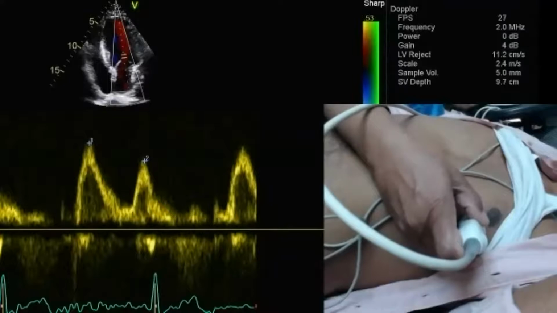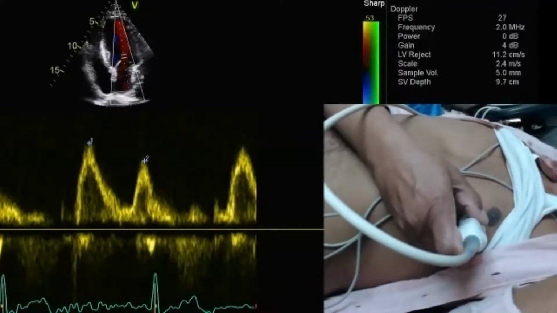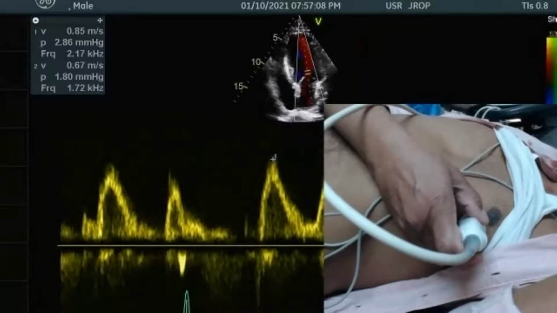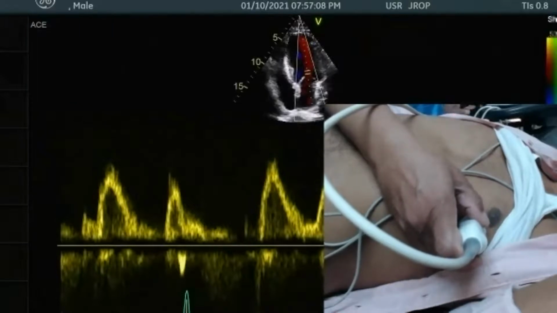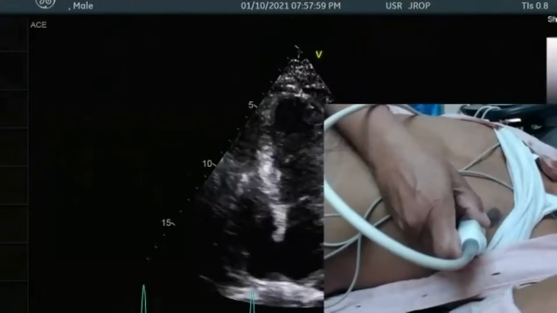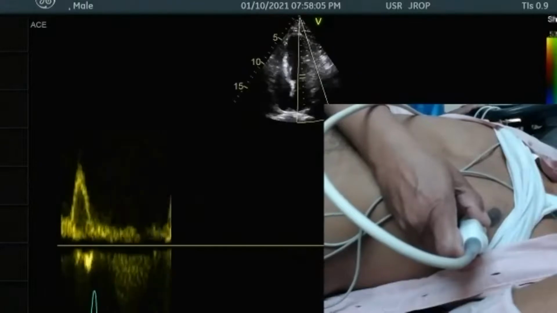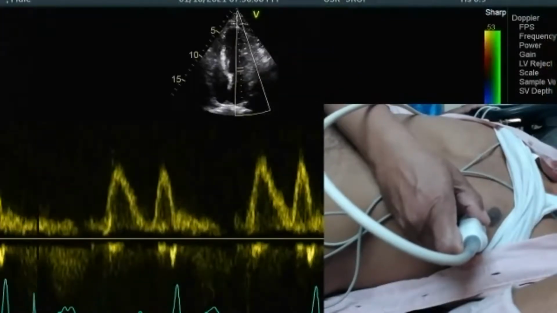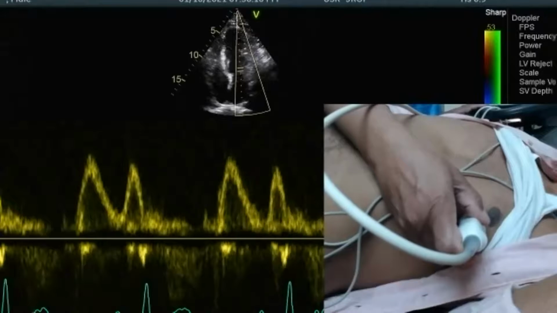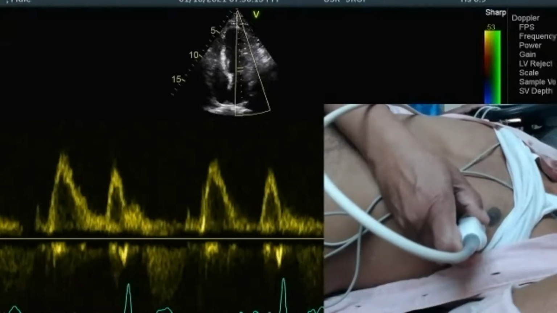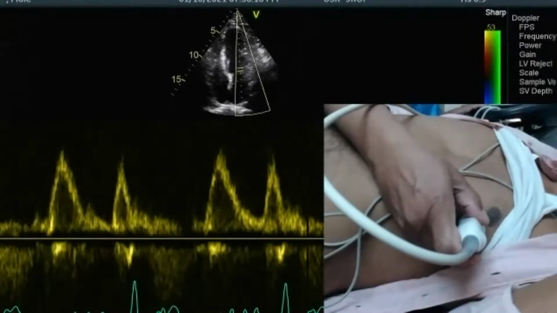per second. Correct? Dina, can you move the screen a little to the right hand side? Now you see the velocity on the left side of the screen. You see it is above the baseline because it's going towards the transducer. And if I reduce this scale, now see what I'm going to do, I'm going to put my sample volume, and on the right side, can you move the screen a little bit to the right hand side? Remove the image of Shrikant, make it smaller.